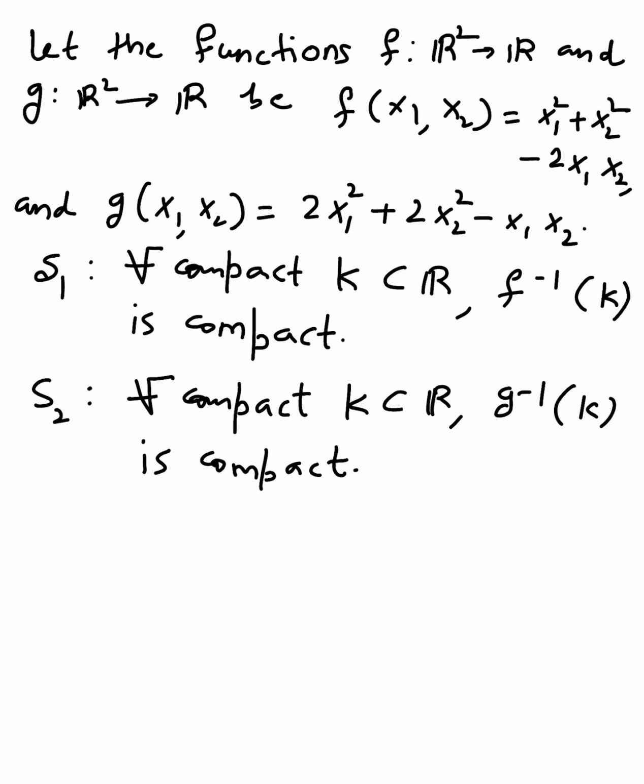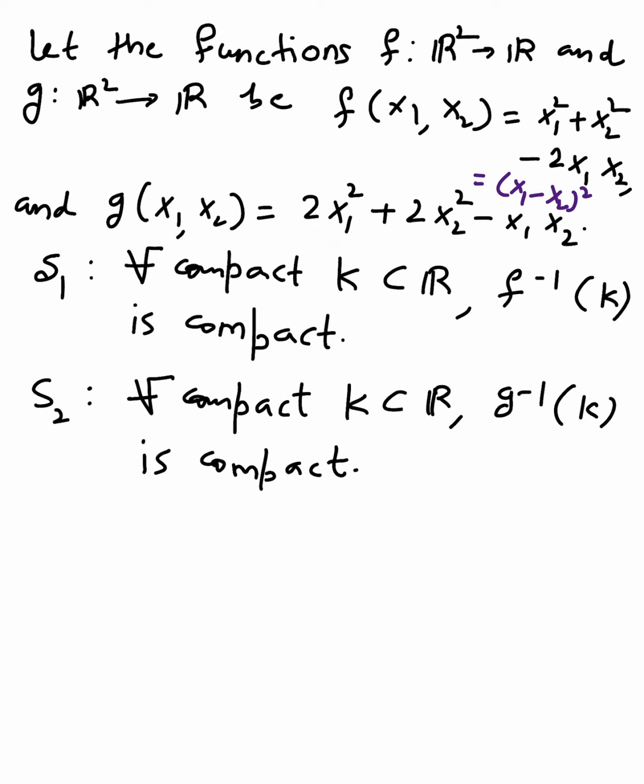Hi, here's the problem on compactness of sets. Here we're given two functions f and g. f of x1, x2 is defined by x1 squared plus x2 squared minus 2 x1 x2, but this is nothing but (x1 minus x2) whole squared. Next we have function g, which is given by this expression: 2 x1 squared plus 2 x2 squared